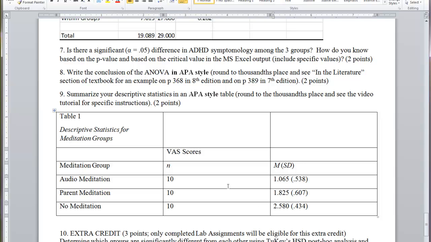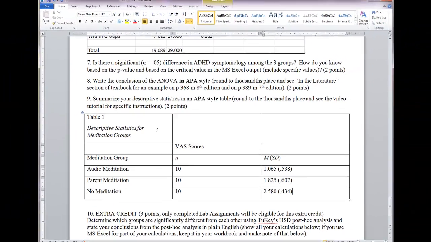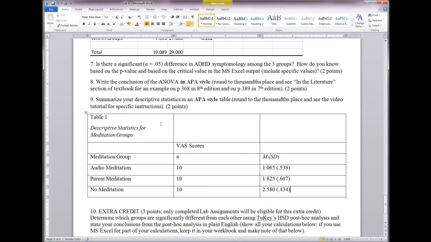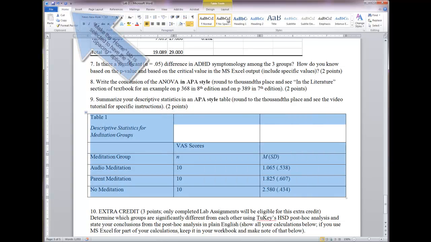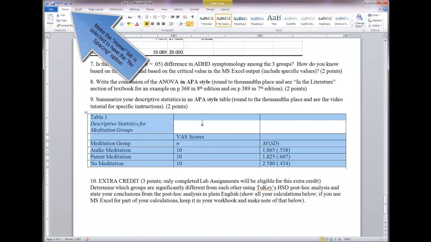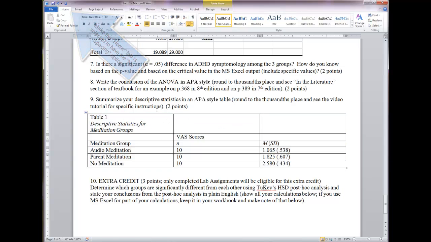Okay, so now we have all the information that we need in our table. Now we need to put it into APA style. So the first thing that I want to do is go ahead and highlight the whole table, select no spacing to get rid of all the extra spaces. Then I am going to go to my layout. I'm going to highlight this one row,